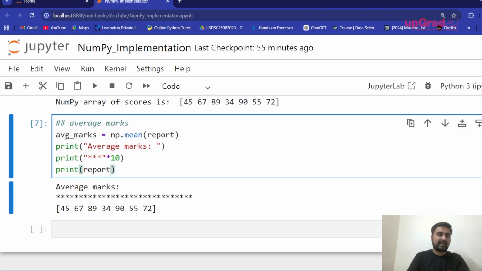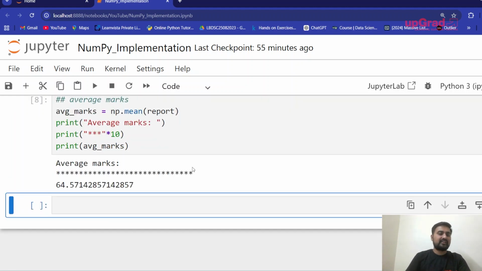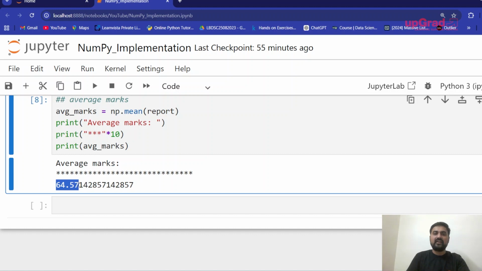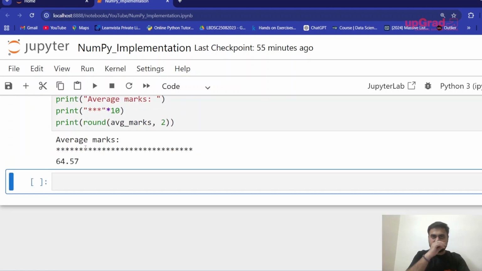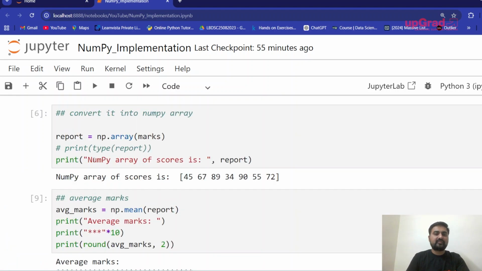Wait. Oh, sorry, average marks. Now I want to print the average marks. So yes, run करते हैं. So we got the average marks, that is approximately 64.57. अगर मुझे इसको राउंड करना है तो yes, you can use the function round and you can round it up. कैसे होगा? So what we need to do, you have to create a round function, and in this round function I want to give, देखना है क्या देना होगा, yes, कितने decimal points तक मुझे चाहिए. So I want it for 2 decimal values, so I'll run this. So currently we have 64.57. That is what we want to do. So average marks, I got it.